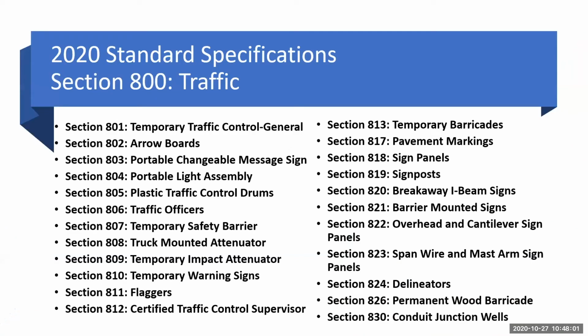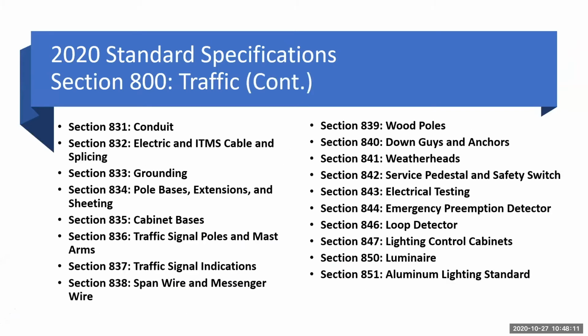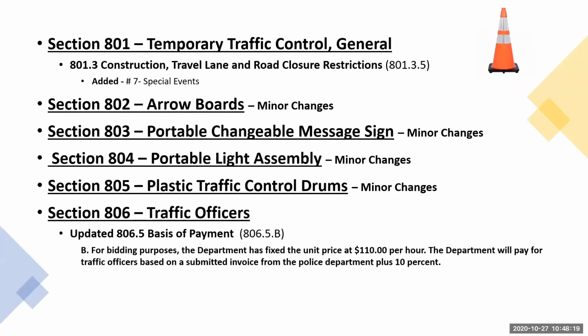All right, so for section 800, this is the traffic section. So everything related to temporary traffic control, traffic signals, signs, lighting, all those items are included here. I'm not going to read all those. Those are the sections within division 800. All right, so for 801 temporary traffic control, in